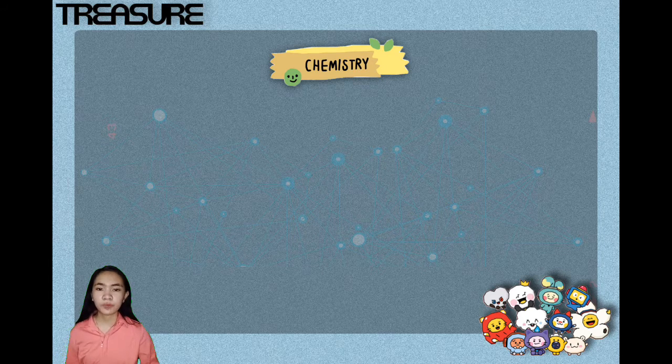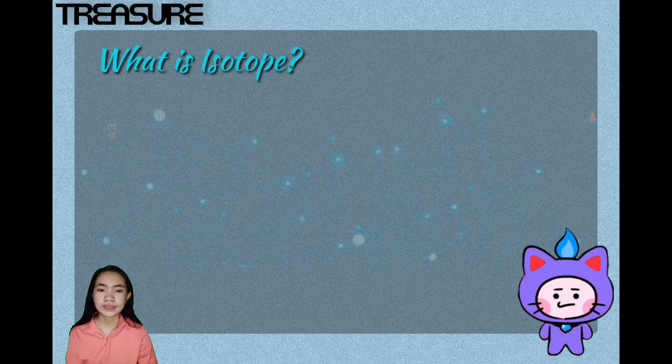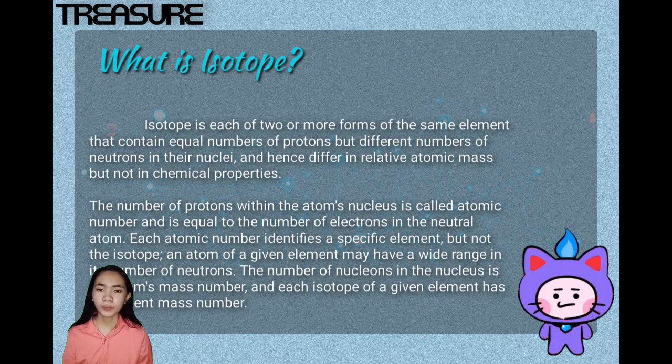So our topic for today is all about recognized common isotopes and their uses. But first of all, we need to know what an isotope is. What is an isotope? An isotope is each of two or more forms of the same element that contain equal numbers of